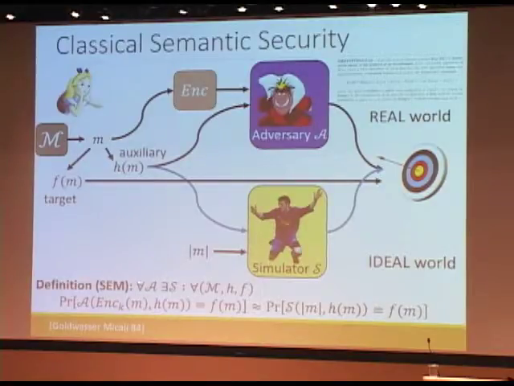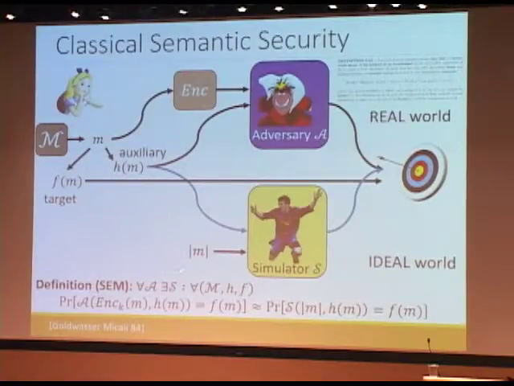So what you're going to ask is that for every adversary, and actually for every efficient adversary, but let me skip that for now. For every adversary in the real world, there should be a simulator in the ideal world, such that for any way to come up with a message, and for any way to derive auxiliary information about this message and a target function of this message, the chance that they succeed, these two guys, should be roughly